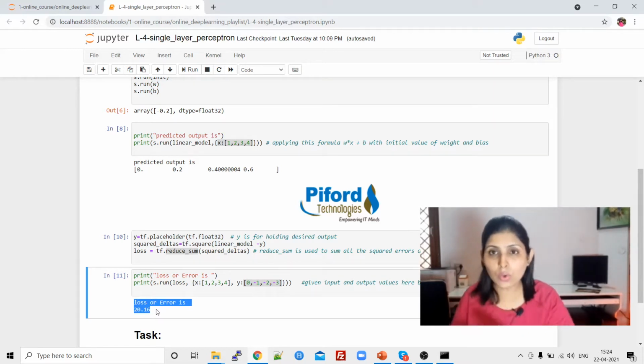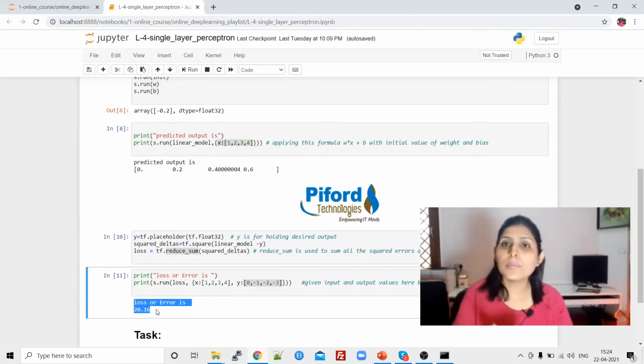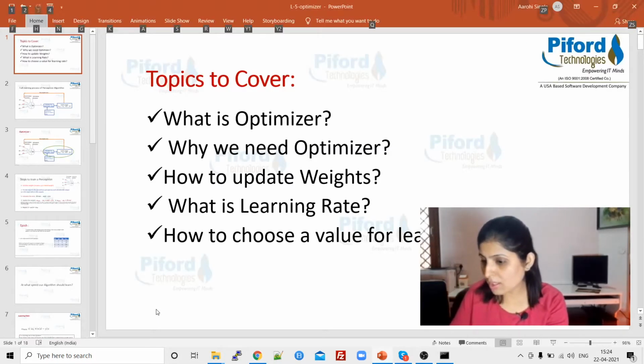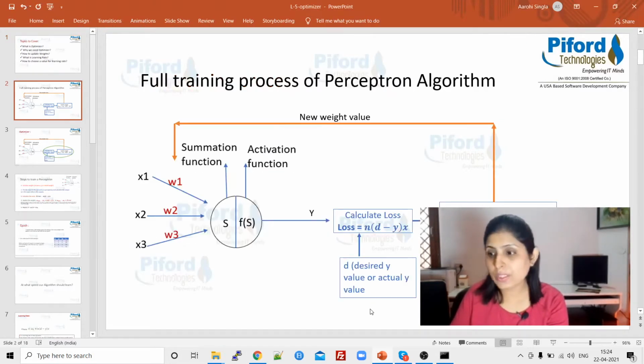Now our goal is to reduce this error. If you reduce the error, then only can you improve the accuracy of your model, right? I told you in my last class also how we can reduce the error.